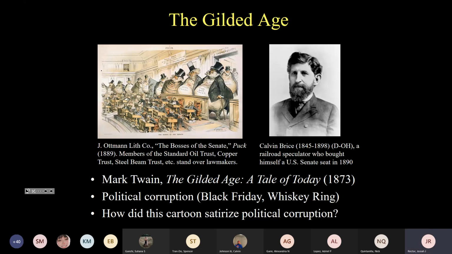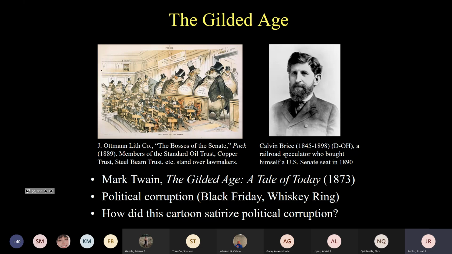Aisle, so to speak. And big business came to have so much influence in politics that you got satirical depictions of the situation, like the cartoon on the left called The Bosses of the Senate, in which you see these sort of top-hatted, corpulent bags of money representing different business interests, lording it over the senators on the lowly Senate floor. So there's the Steel Beam Trust, the Copper Trust, of course, the Standard Oil Trust, and numerous others. And then it says that there's a special entrance into the U.S. Senate for monopolists, right? And then the people are somewhere in the back and not really being listened to.